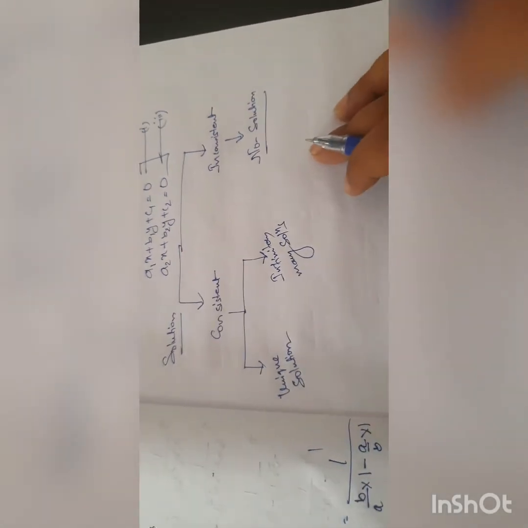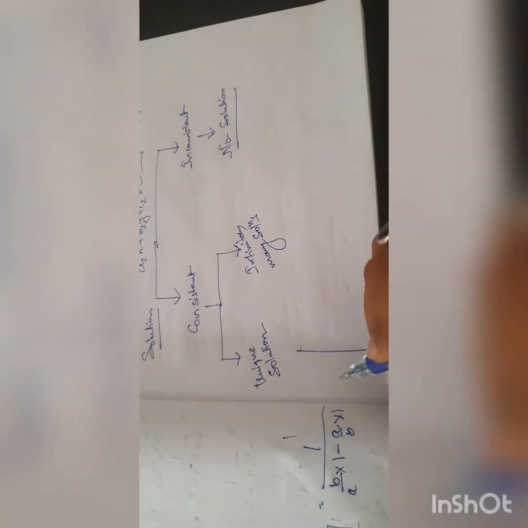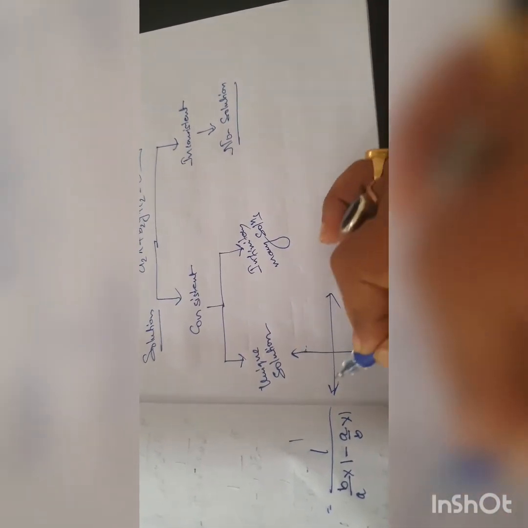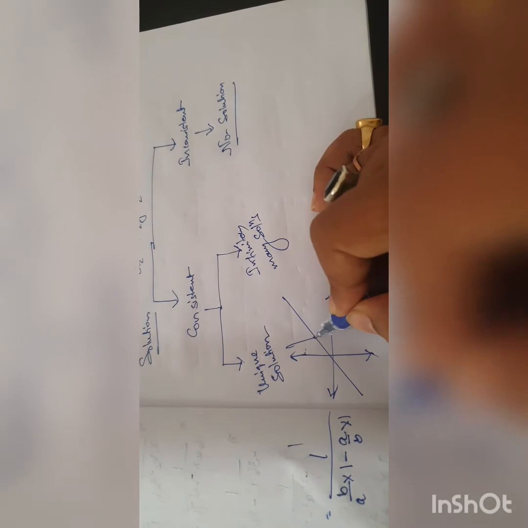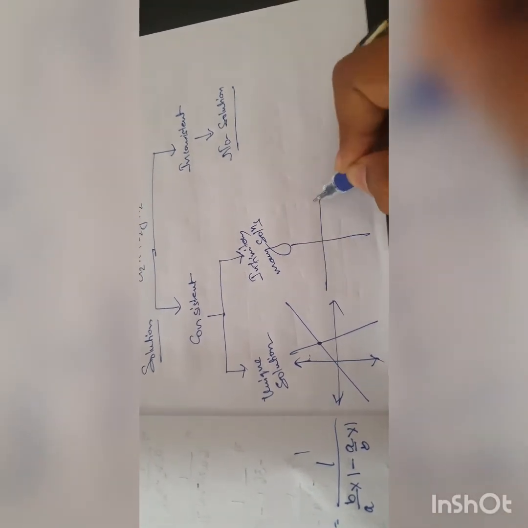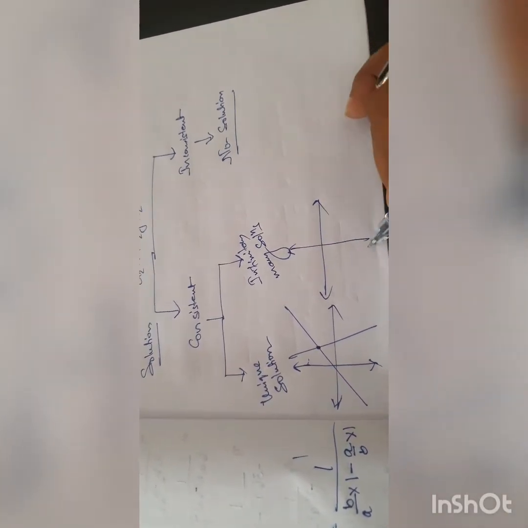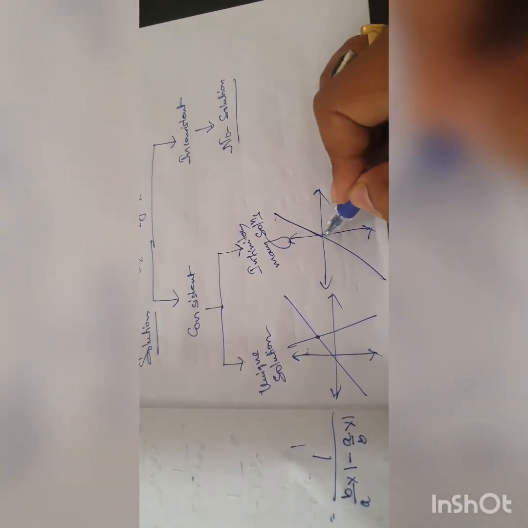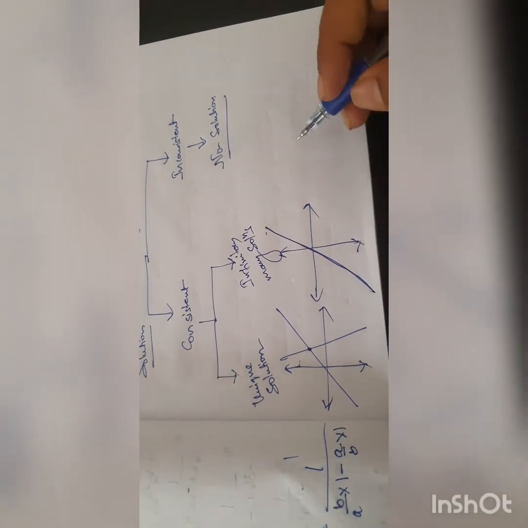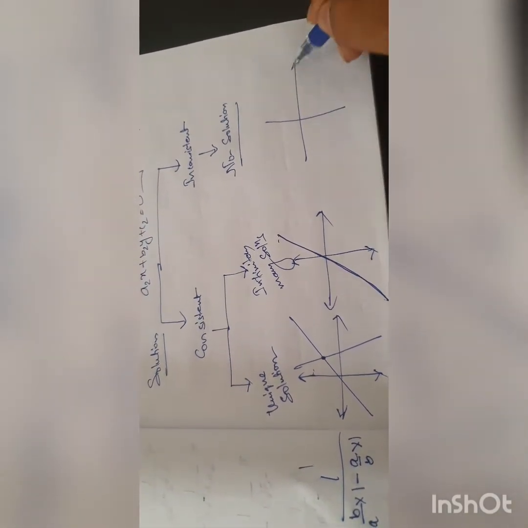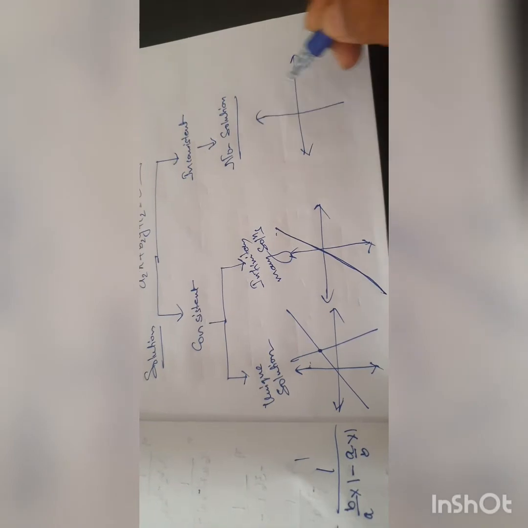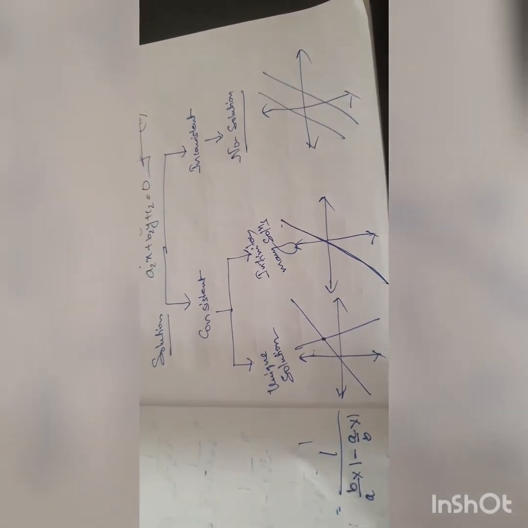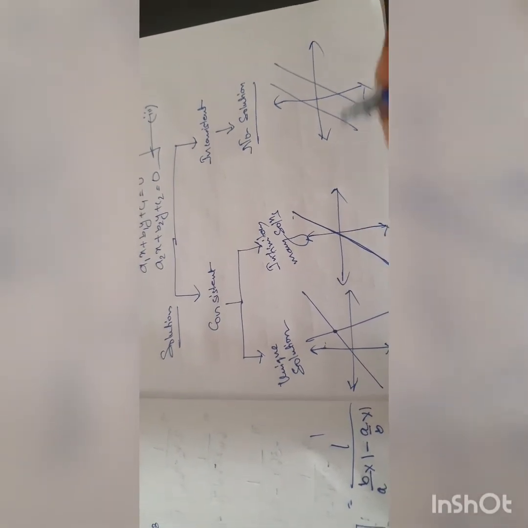Now you know from the previous lesson on graphs that when they have a unique solution, they will intersect at a single point, having one solution. When they have infinitely many solutions, if you plot their graph, they will be the same line; one line will coincide with the other line. And in case of inconsistent, if they have no solution, that means they will never intersect and be two parallel lines. Now there are also algebraic conditions for this.